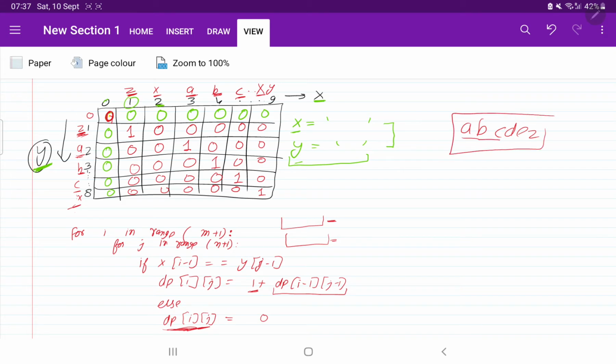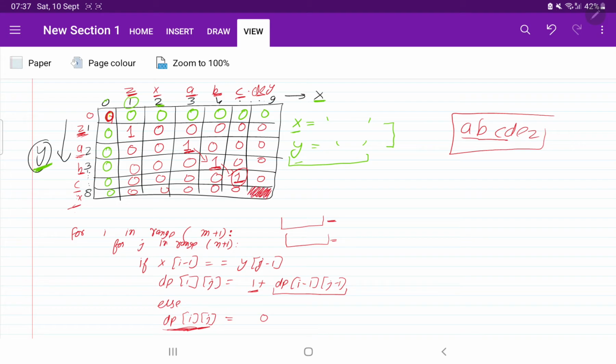As you can see, this is a, this is b, this is c. Similarly, if you write the next elements, you are going to get them as well. Here it was not x. First it was d, then e. As you can see, we are traversing in this way. After filling the elements of the dp, we will reach here.